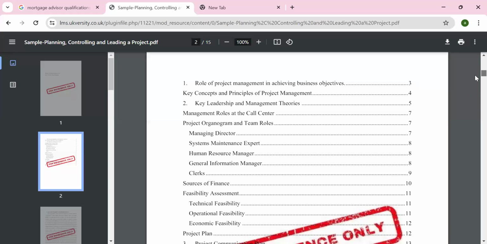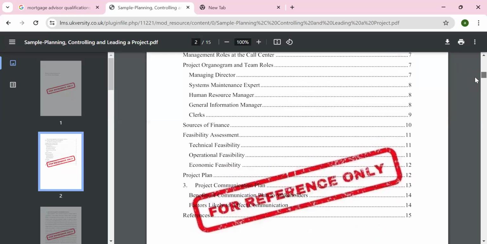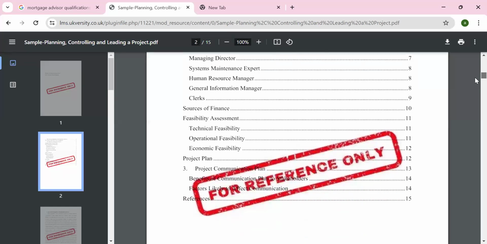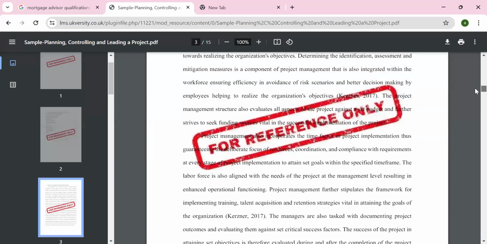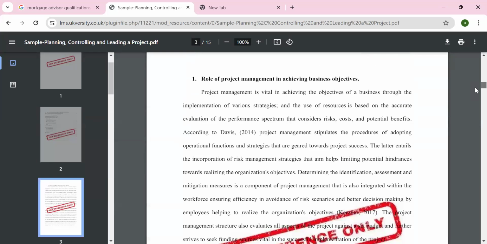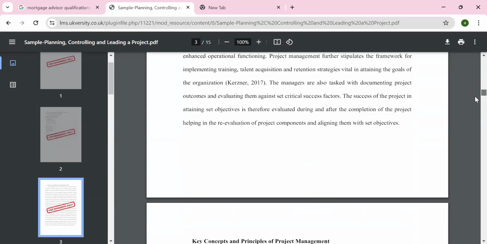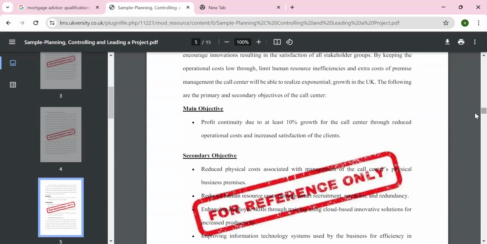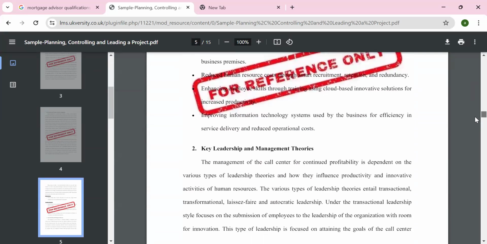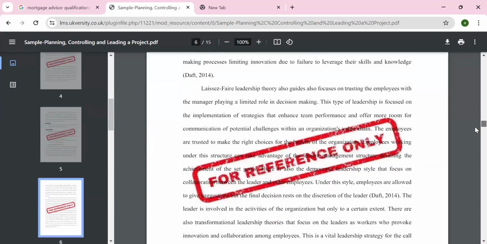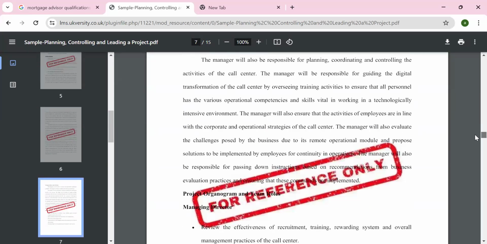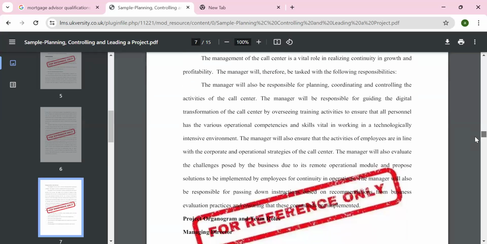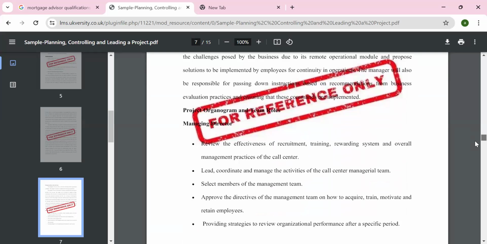Then you have a discussion about the role of the project, divided into 1.1, 1.2. So if you look here, we had a discussion about the role of project management. Then we have the key concepts, the objective of the project, the secondary objective, and key leadership and management theories that can be contextualized and linked to achieve the project objective. That was the call center, and you have the relocation of the project,